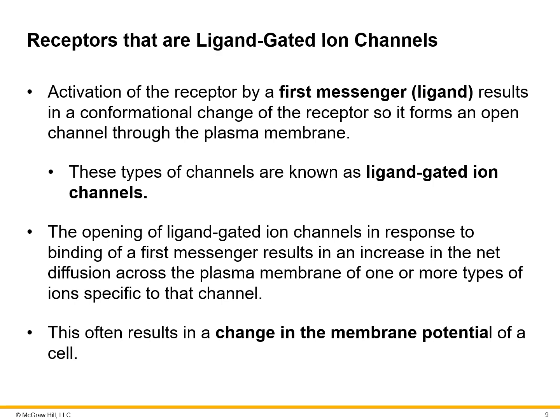These types of channels are called gated ion channels because they are moving one or more types of ions through that channel. It often results in a change in the membrane potential. And we're going to talk a lot later about when you change the membrane potential of the cell, you are initiating an electrical response that can then be sent to the nervous system. Okay, so